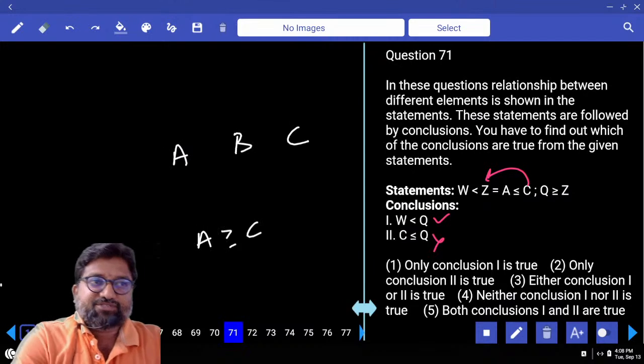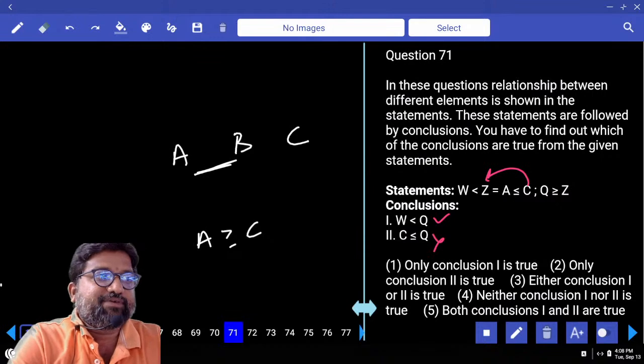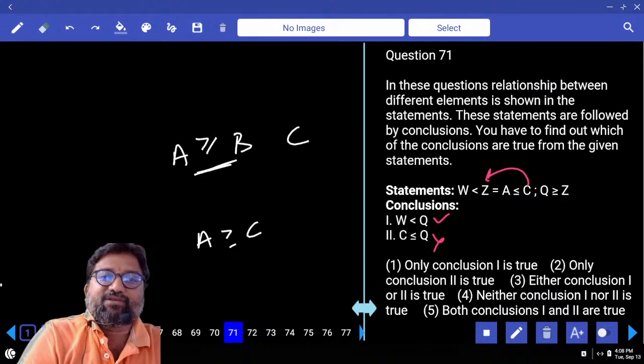A greater than or equals to C. My conclusion. Now, what should be the first symbol that should start with greater than or